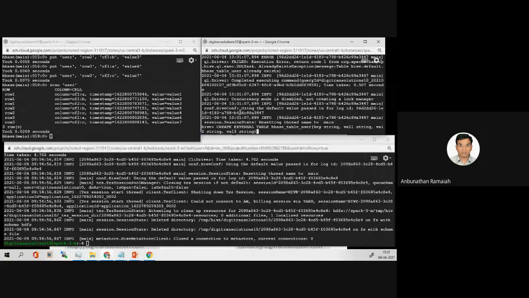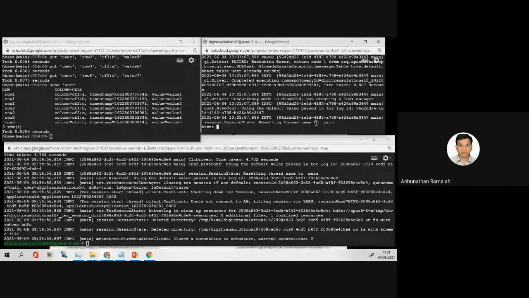You see here, create external table. Name is HBase table user. These are all the rows, stored by HBase storage handler with the serde properties like A, B, C, and table properties. The name of the HBase table is user.